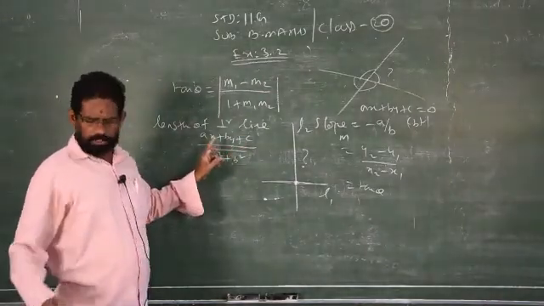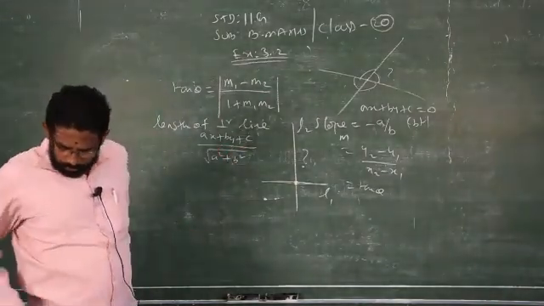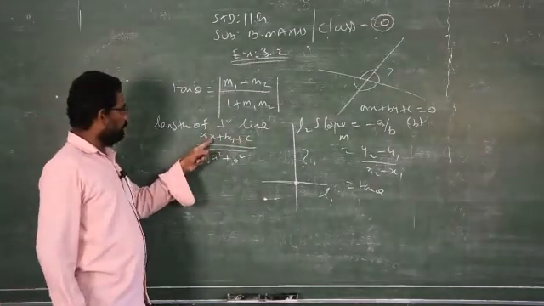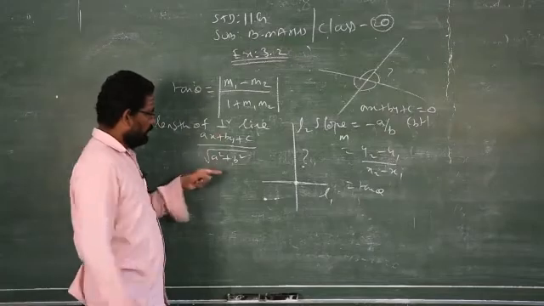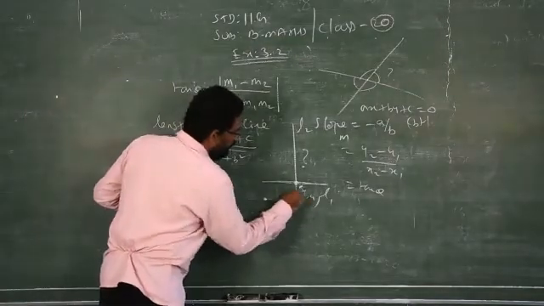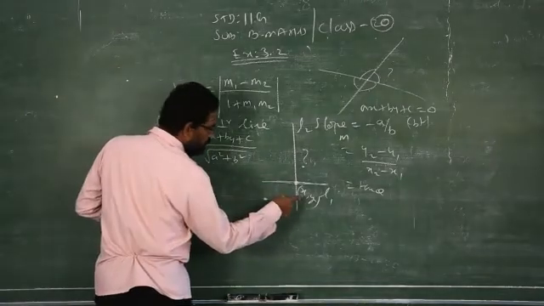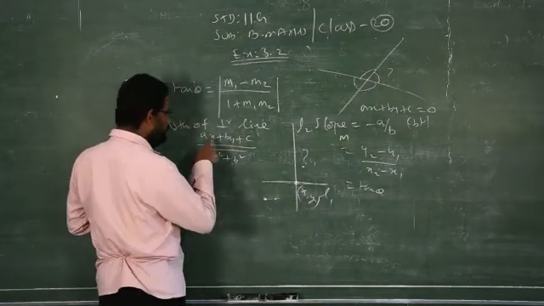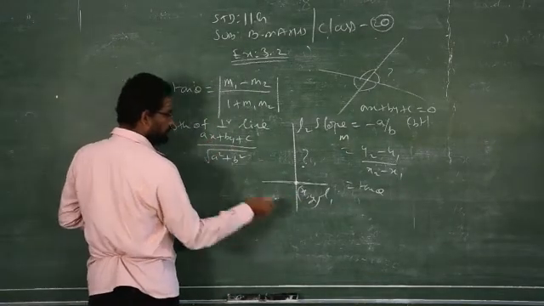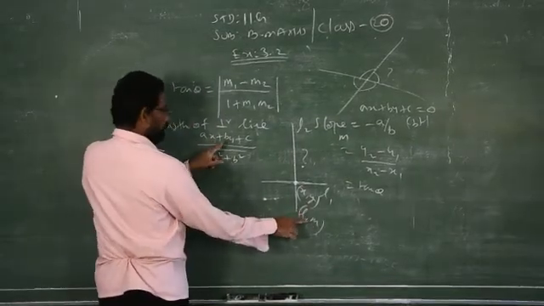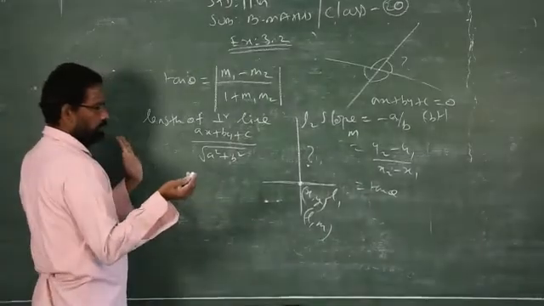That is ax plus by plus c, or sometimes they will give us al plus bm. The book gives it as al plus bm plus c. If you take the point x comma y, here I take this point x comma y, therefore I am writing ax plus by. If I am taking something other than x and y, you have to write it in the place of x. Suppose in the book it is taken as L, M, so you have to replace x by L, y by M. That's all. No difference. Clear?